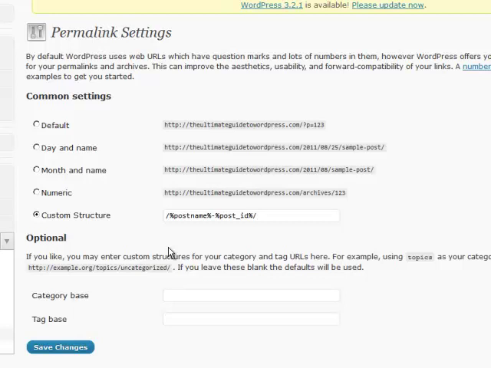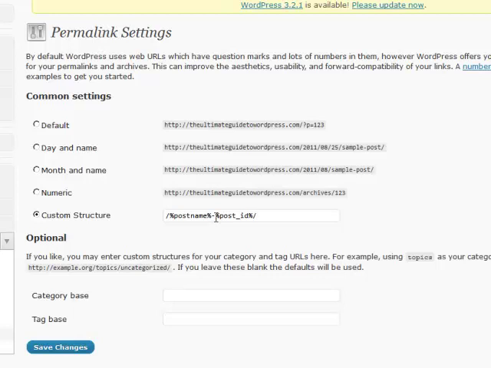For example, I do this all the time. I may write an article that's called 6 Ways to Increase Your Email List Size. And then 6 months later, I'll write another post that has exactly the same title, different content, but the same title. Now, if I gave both of them the same title and I did not have this permalink structure, let's say, for example, I just had post name,